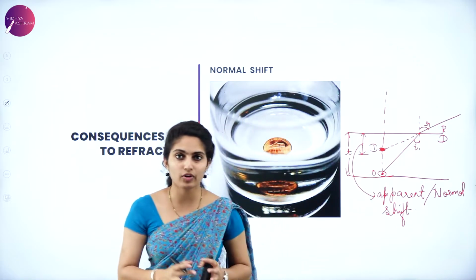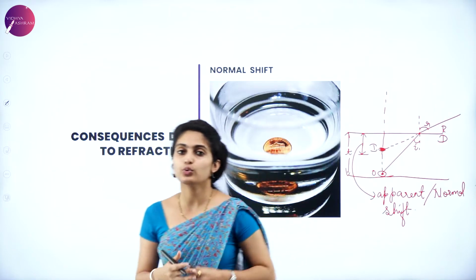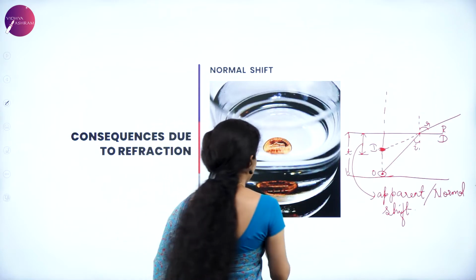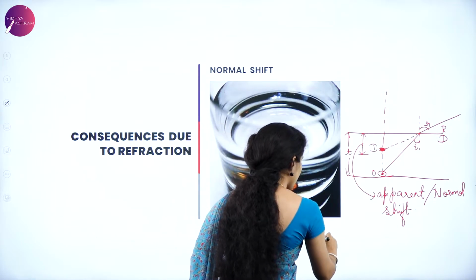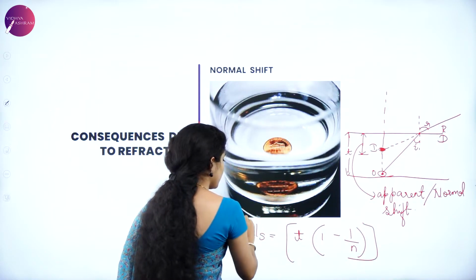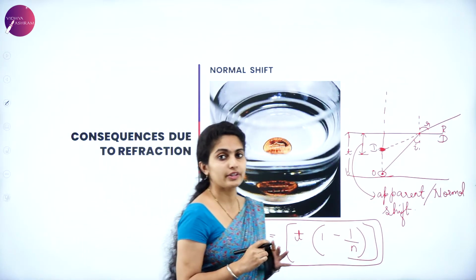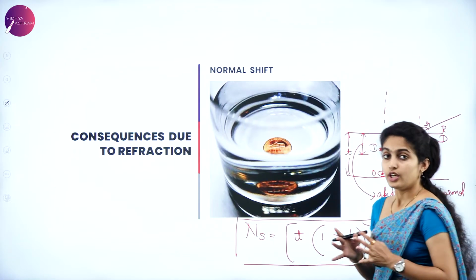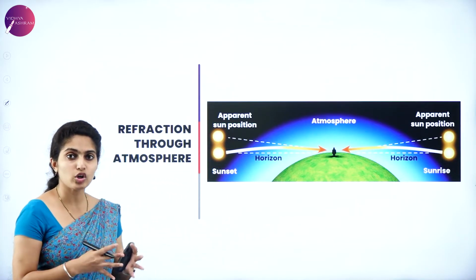So that is all about the consequences of refraction. One is the lateral shift, and the other one is the normal or apparent shift. There is an equation for this: NS, the normal shift, is equal to T into 1 minus 1 by N. That is the final expression of the normal shift. I hope you are clear with the equation of the normal shift as well as the equation of the lateral shift. Okay, now we are moving on to the next topic,